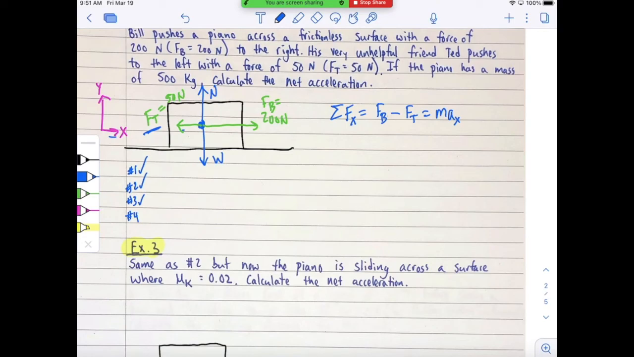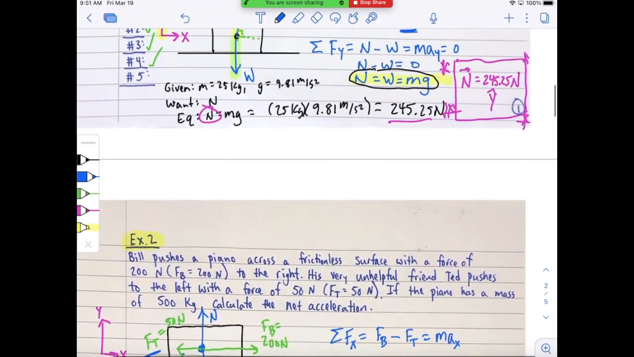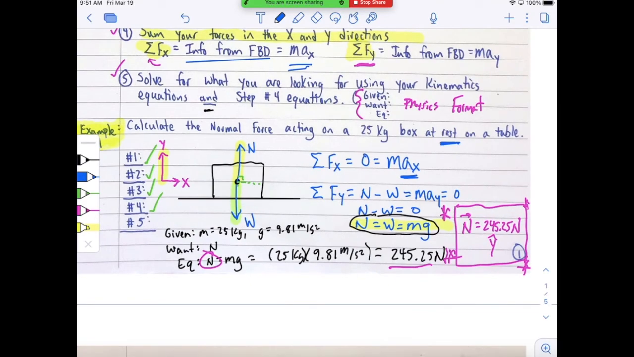All right, so let's sum our forces in the y direction. For the y direction, I have my normal force going up and my weight going down. And that's equal to m a y. Which in this case, I know that this is a box that's sliding side to side, so it actually has 0 acceleration in the y. So I can set that equal to 0. And what that means is that my normal force is equal to my weight. Okay, there's step 4. We'll do step 5, which step 5 says to solve for what you're looking for using